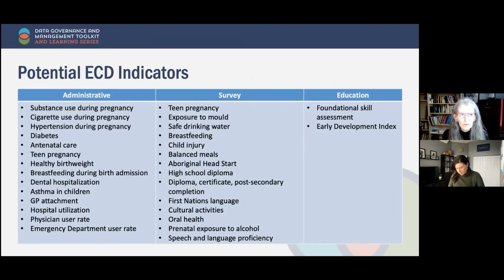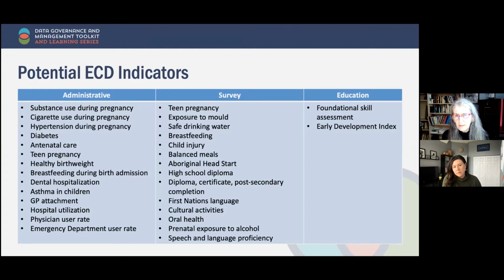And again, service administrative is largely service. Sometimes it doesn't look like it's service-based. For example, cigarette use during pregnancy doesn't sound like it's an administrative indicator, but it came from a physician's chart, and so it's extracted from that. So that's why it comes underneath that. The middle one was primarily RHS data that we used, although the FNREs and the FNLIT are also examples sometimes where you can get similar data.